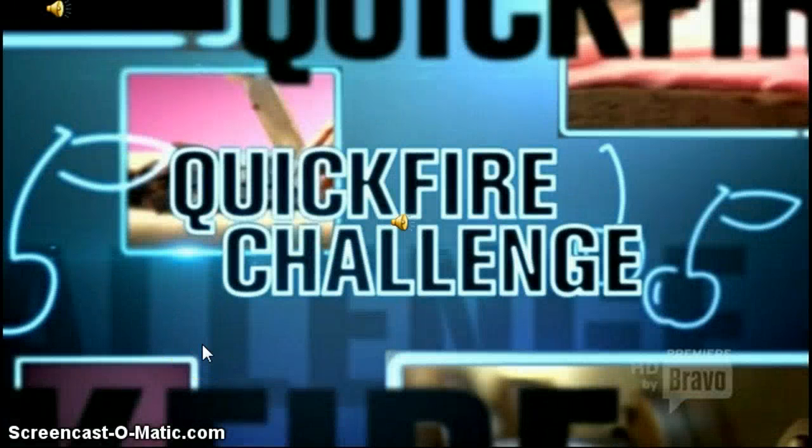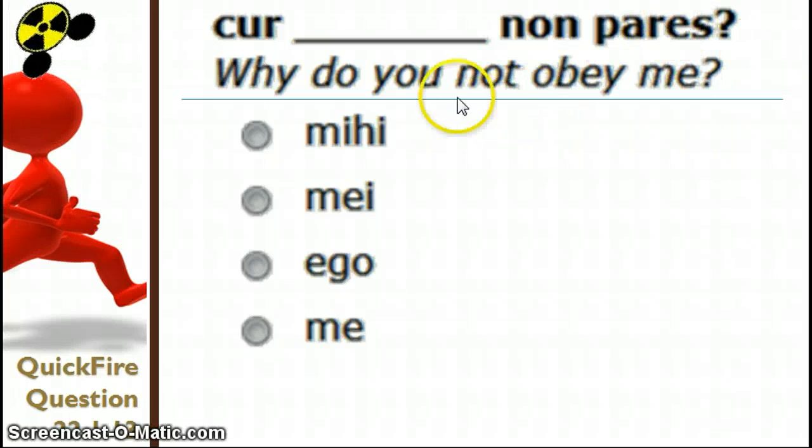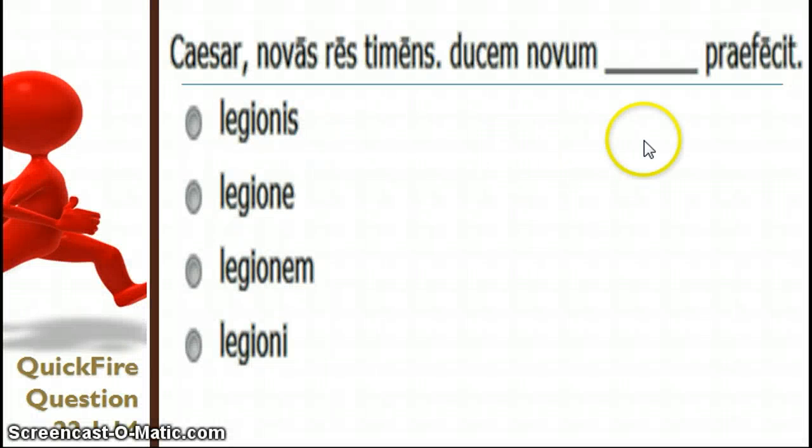As their subject or as the subject for the complement clause. Moving on. Why? Oop, I have an obeying. That's an emotional verb. I need a dative. Which one would it be? It would be mihi. I have here prefecit.